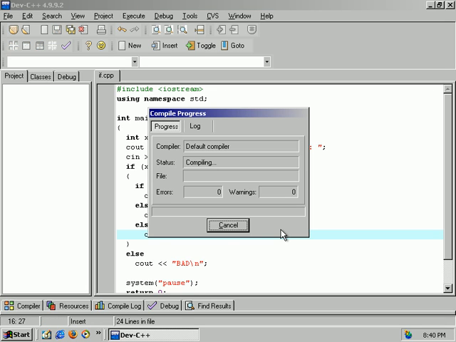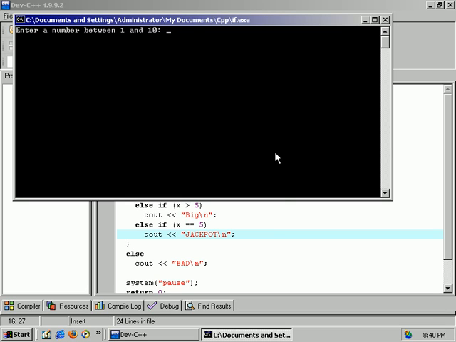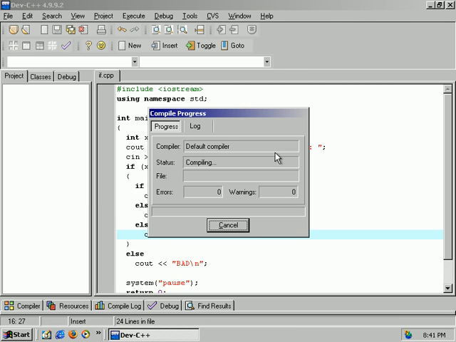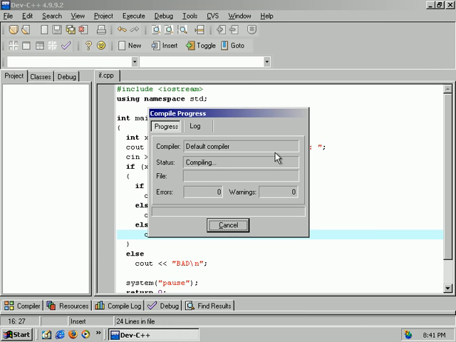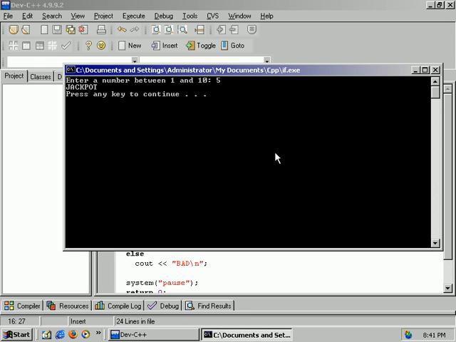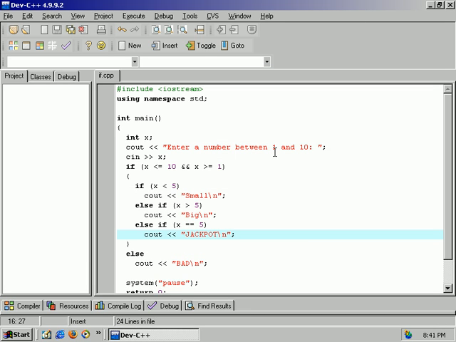F9. Okay, so I'm going to just enter 3. Okay. Small. Good. Go. F9. Let's enter 6. Big. All right. We enter 5. Jackpot. Nice. Very simple way of testing numbers using the if-else